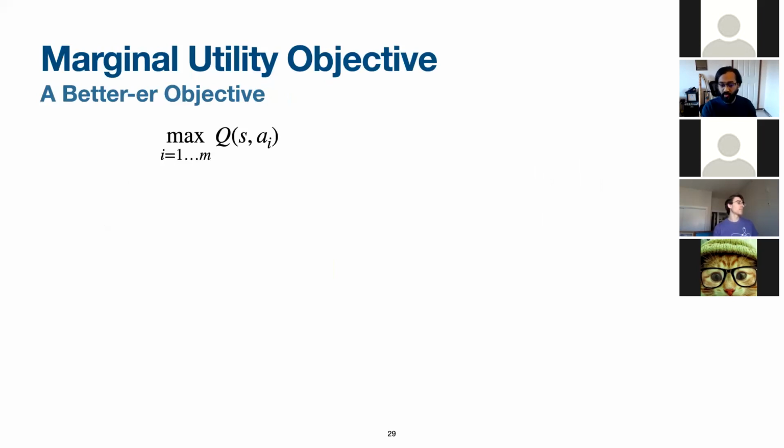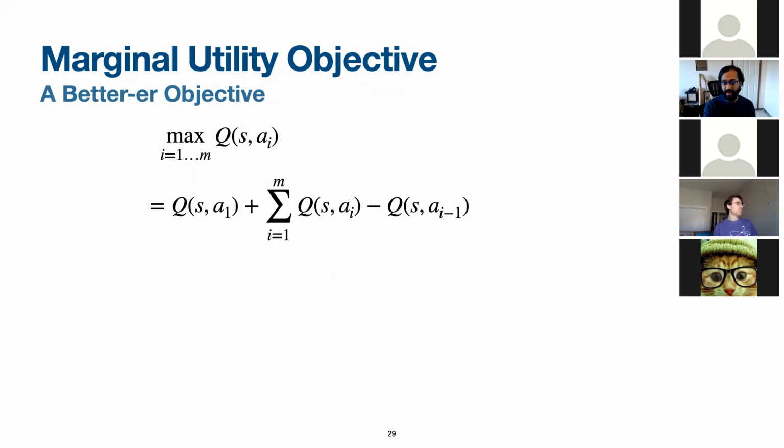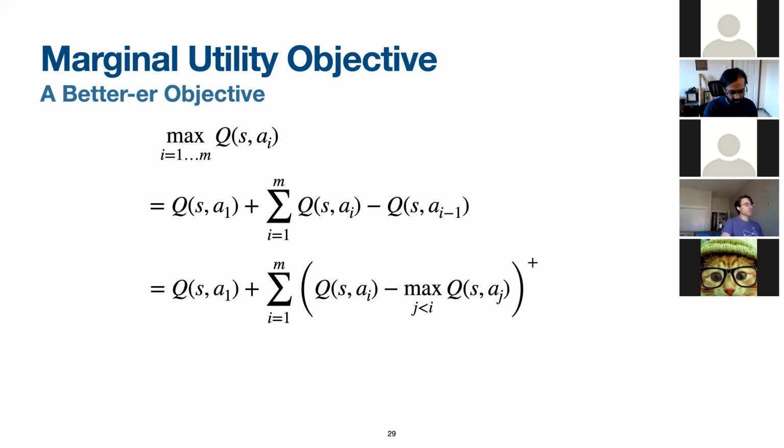We introduce a reformulation of the max objective. Let's say we have a set of M actions, and we've ordered these actions in order of increasing value. By doing so, we can write the max value as the sum of marginal utilities of the values of all the actions. The marginal utility of an action is the utility gained by that action over previous actions. If we retain only the positive differences by clipping all values at 0, then we can remove this need for ordering. But I'm going to ask everyone a question right here.